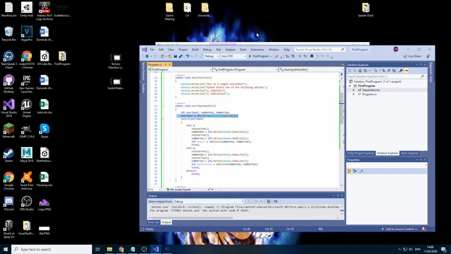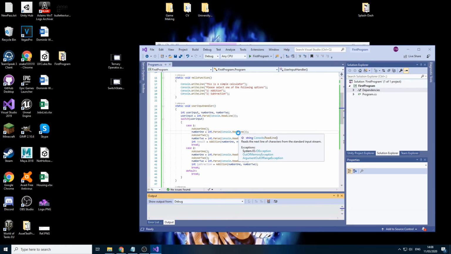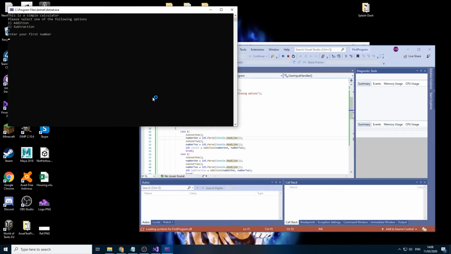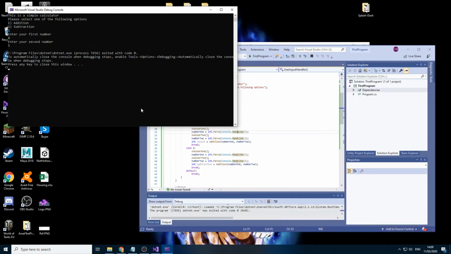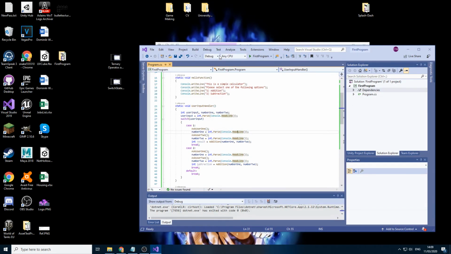So there we go, 5 ends the program because we didn't code anything in. But now let's put 1. And then there we go. It asks us for a first number. So let's just put 8. And then our second number, which is going to be 5. And actually, we are not displaying the result. So